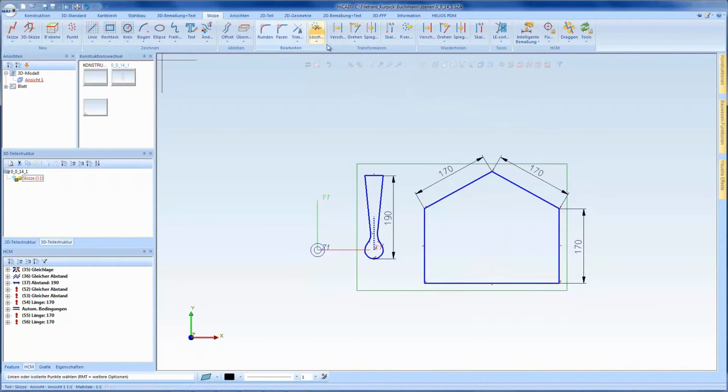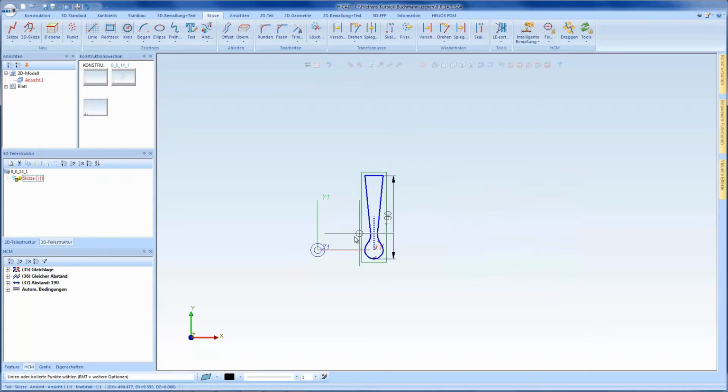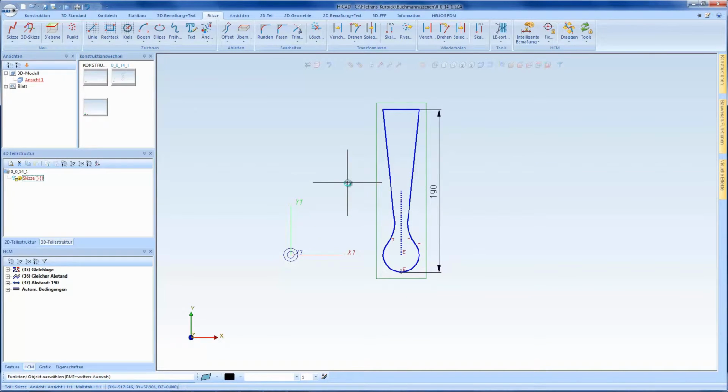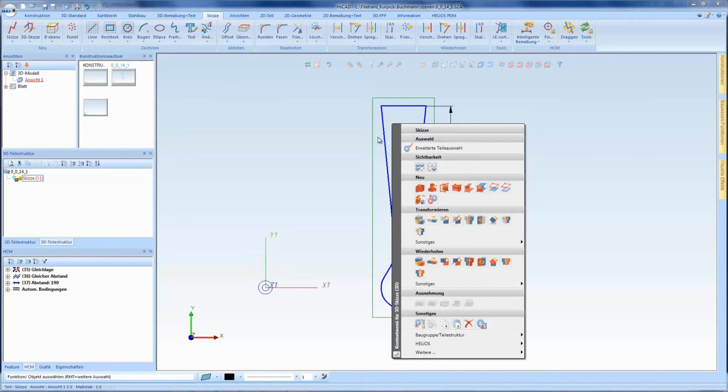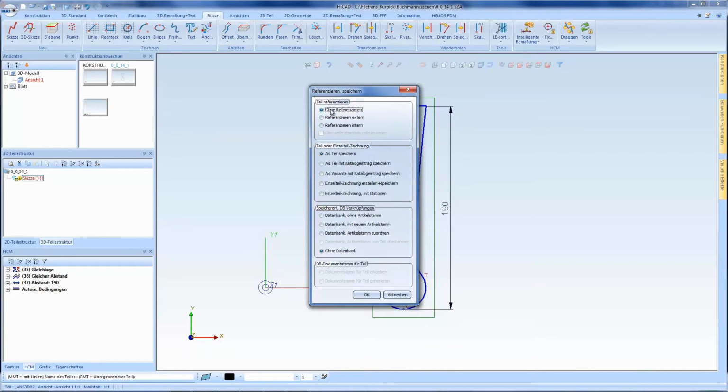We'll quickly delete this sketch. There is an improvement in the bore patterns. In the past, you had to construct bore patterns as a variant laboriously in 2D as a DCF and add them to the catalog. It is now possible to create a parametrical sketch to which you add variables and save it as a part without referencing, without database,